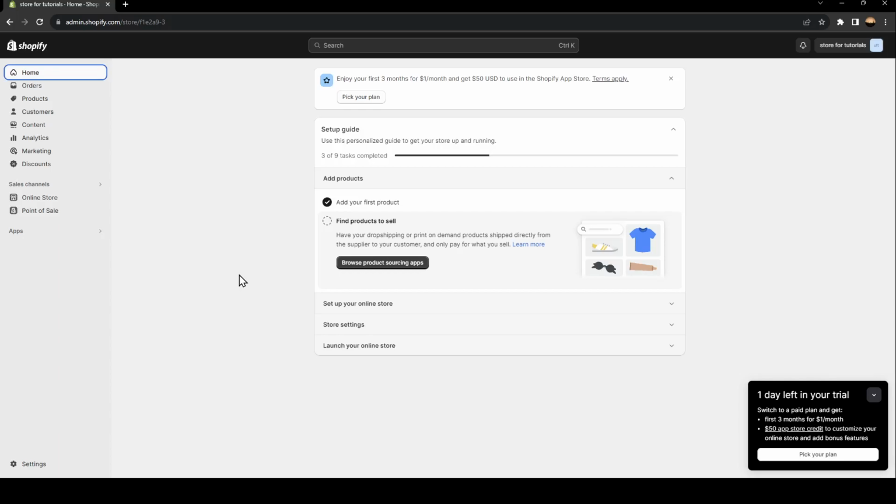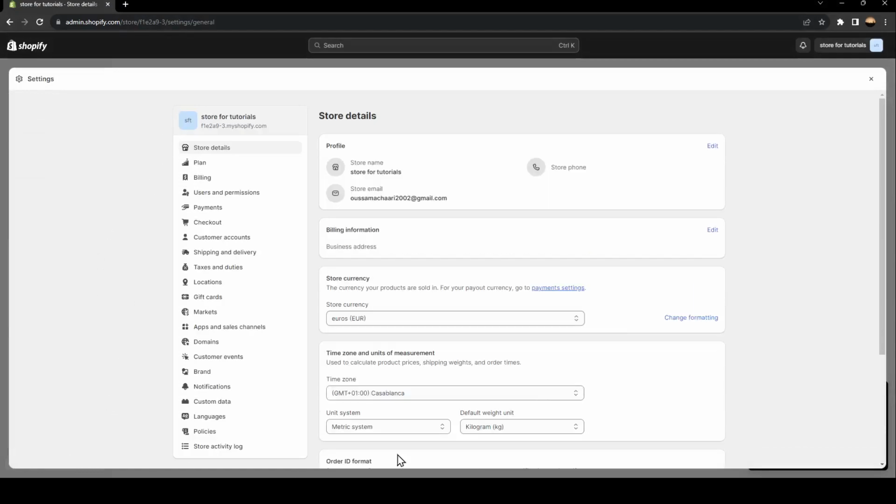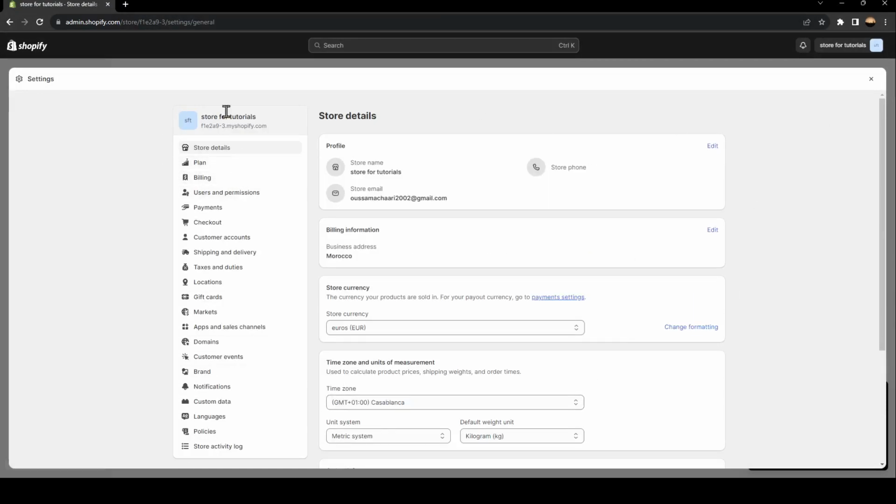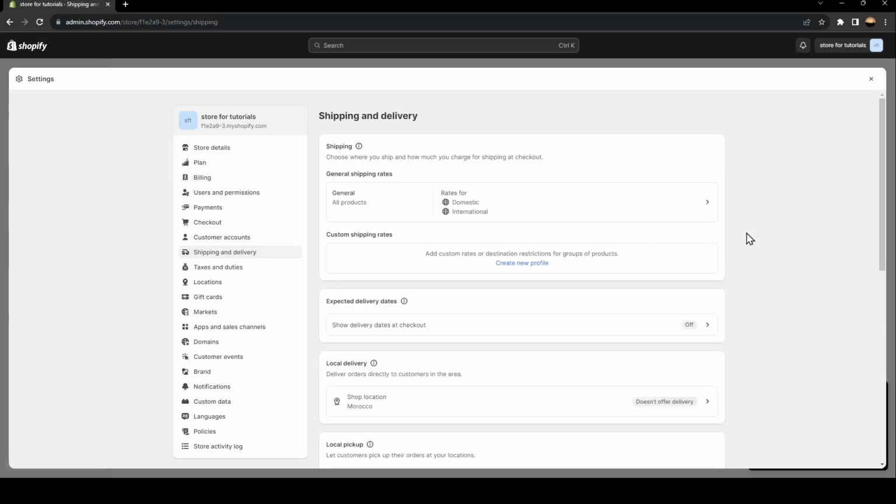So the first thing that you need to do guys is go to the left side of your screen, and then right here you're gonna find all of the sections, go all the way down until you find settings. Once you find settings, go ahead and click on it, and then you're going to be right here. So go down until you find shipping and delivery. Go ahead and click on it, and then right here, you're going to find all of the options of your